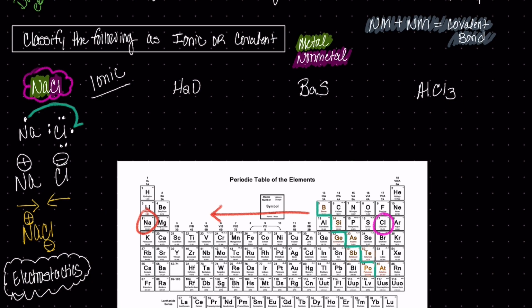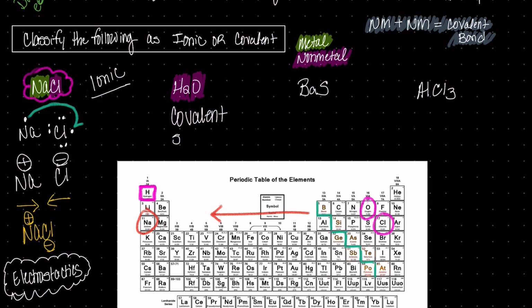Now let's look at H2O. H2O, however, we know hydrogen to be a very special case where hydrogen is a very reactive non-metal. Since it's very reactive with 1 valence electron, it's over here in 1A, but we know it to be a non-metal. So I have here a non-metal, 2 of them precisely, and an oxygen. Oxygen is right over here in the non-metal sector of the periodic table. So I have two nonmetals bonded together, and that is squarely covalent,